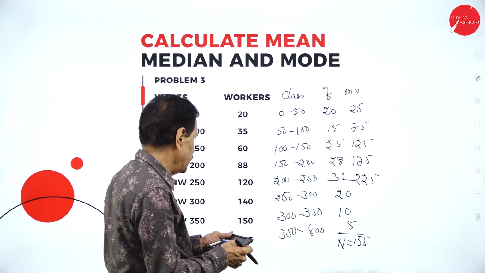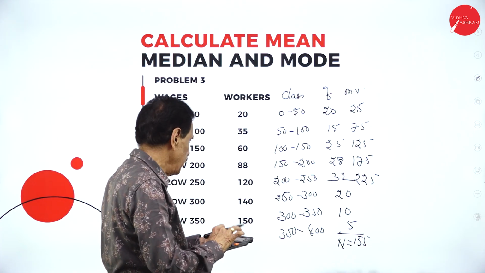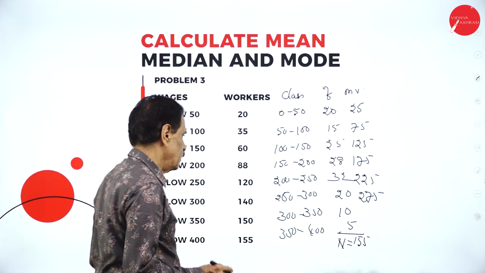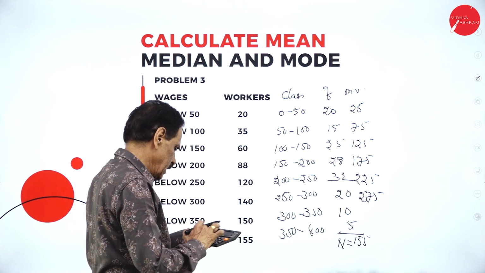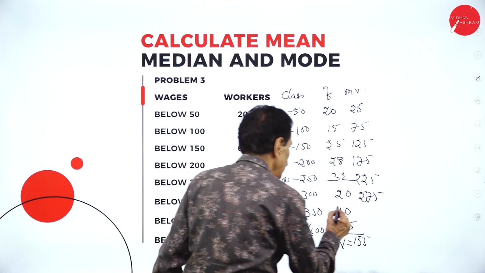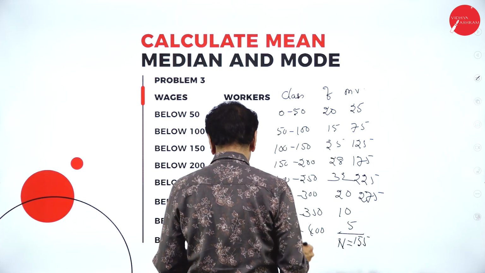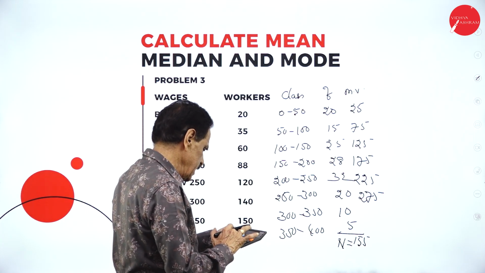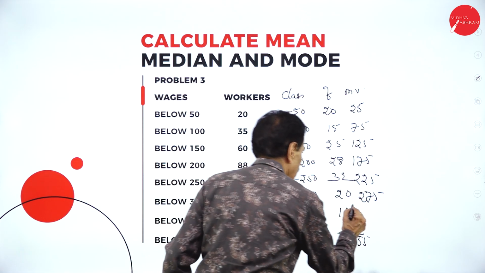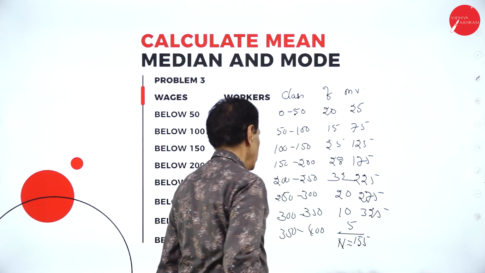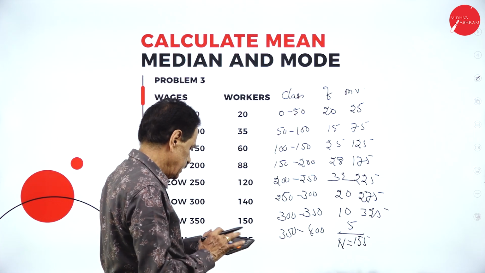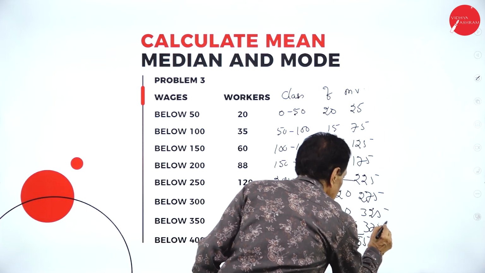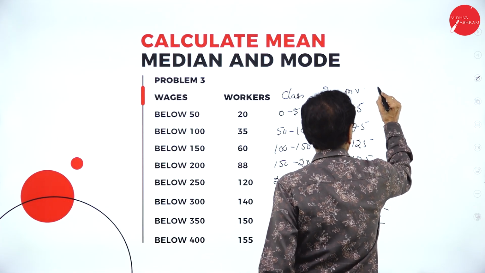Then 250 plus 300, 550 divided by 2, 275. 300 to 350, this is 650 divided by 2, 325. Then 350 plus 400, 750 divided by 2, 375. Mid value. Then D dash